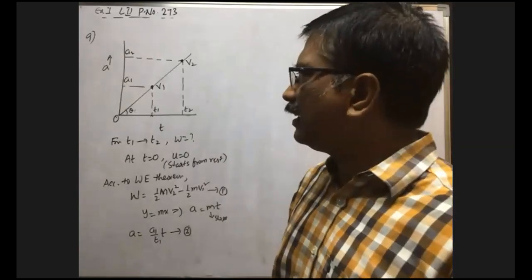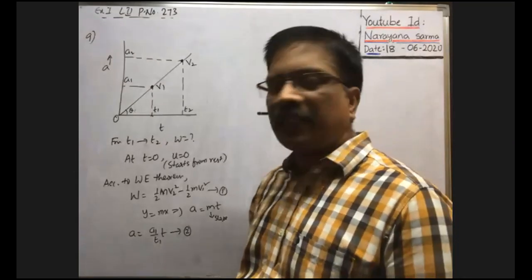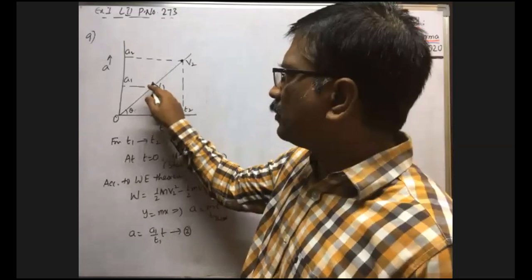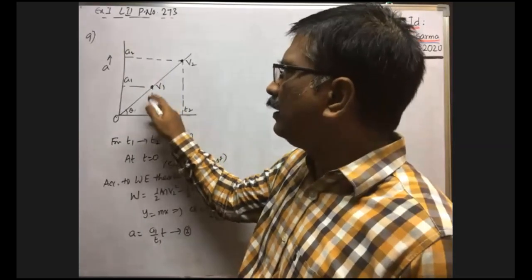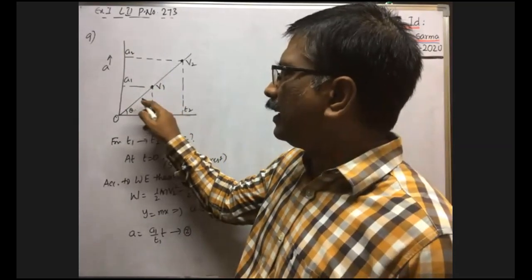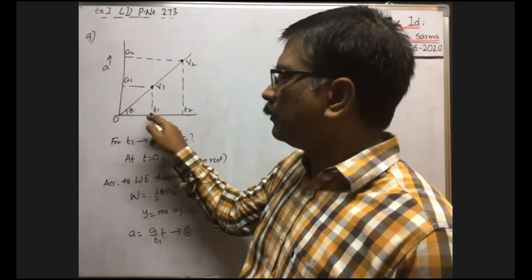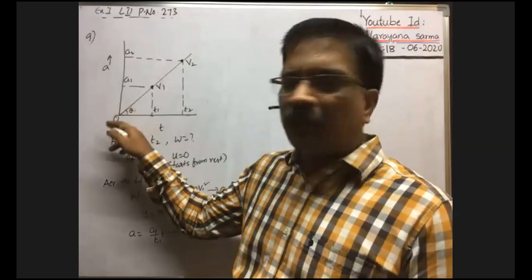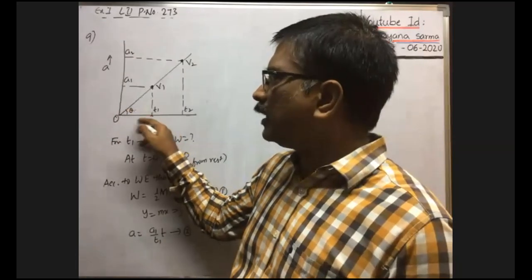Area under the graph, yes, that is one method to find the velocity. Very good. Area under the graph, that means suppose if you want to find the velocity at this point, the area under the graph is equal to a into t. At is equal to v minus u, because v is equal to u plus at. V minus u is equal to at. From that we can calculate v.